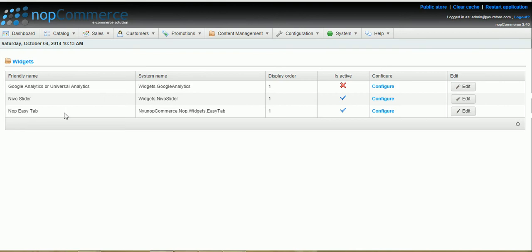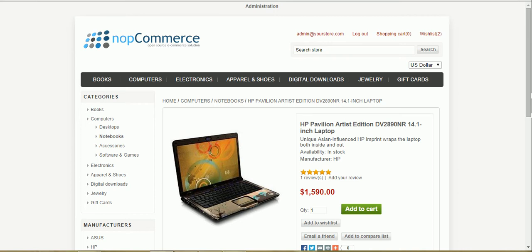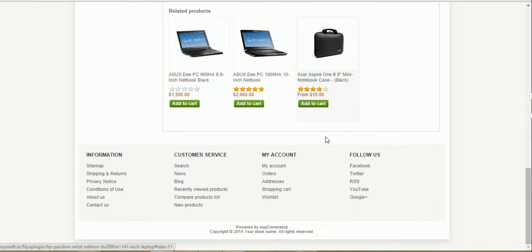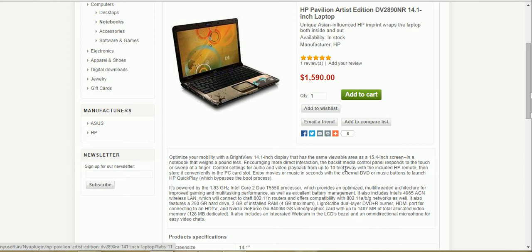So here is our Knob Easy tab, and you can edit it and just untick. That means it is inactive. So now reload your product detail page. So you can see the default view of your Knob Commerce, right? There are no tabs here.